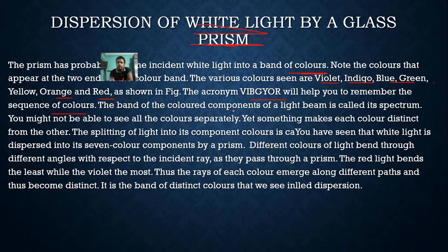The band of the colored components of a light beam is called its spectrum. You might not be able to see all the colors separately. When you see a rainbow, you won't be able to differentiate all the 7 colors, but they are different. You can see that all are different, but you won't be able to differentiate them, as a rainbow is generally seen in a very faint way. Yet something makes each color distinct from the other. The splitting of light into its component colors is called